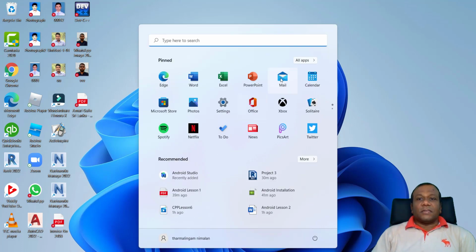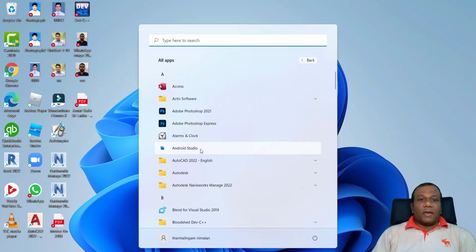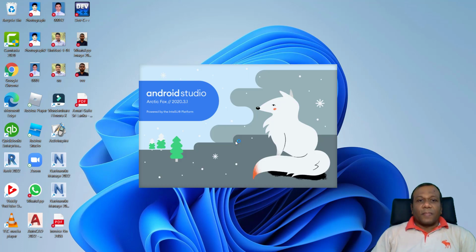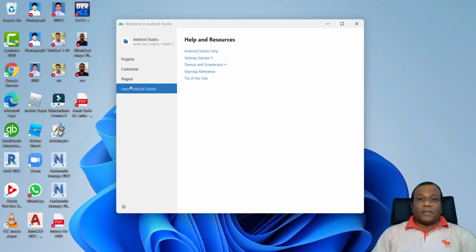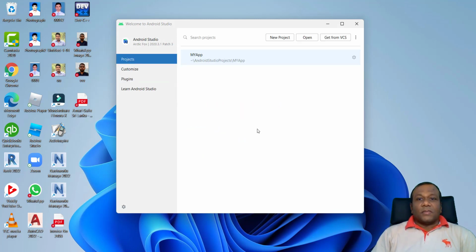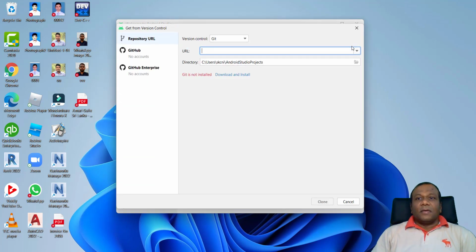I'll click start, all apps, and click Android Studio. When you're opening it the first time, it will take time to open, right? In my case I am not opening it the first time, so the start screen will be a little bit different.